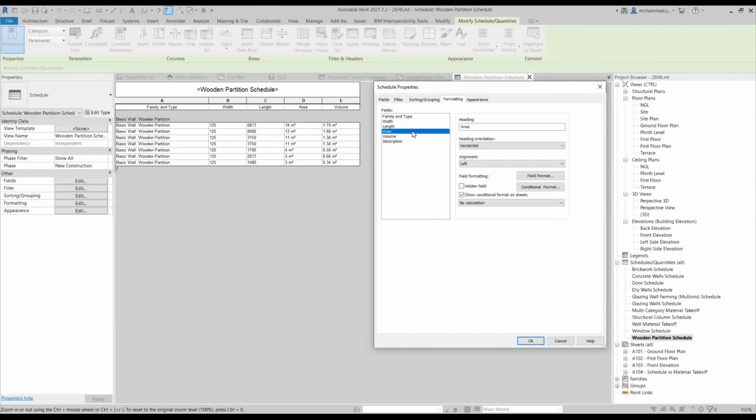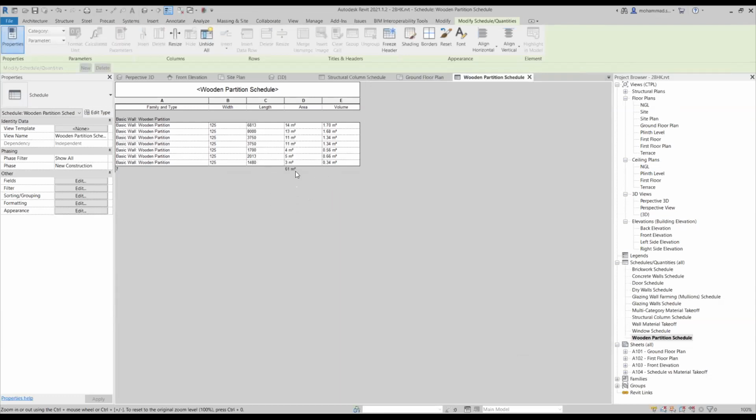In my case, I only want to get totals for the area. And that is why I've selected area as a field in this case. And I'm going to the property here, that is the last option under the formatting option. And I'll select calculate totals. And for me, only area's totals will be shown in the final schedule. In this way, you can identify to calculate totals for a particular field and also omit to calculate totals for those fields which are not required. Otherwise, Revit is capable enough to calculate totals for any numeric fields.